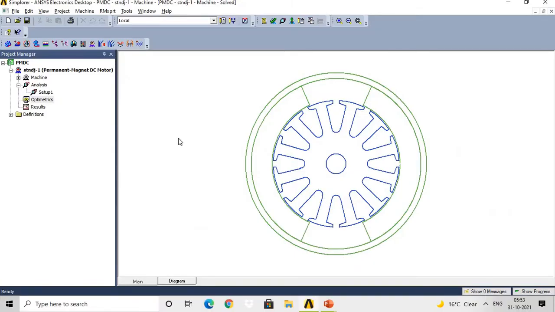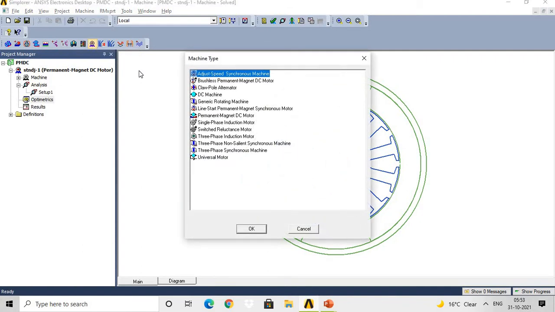So when we open the RMExpert software, at that time we will get this GUI. Here, first of all, as we have discussed the general steps, we need to go through insert RMExpert design. Then you will get the list of different machines which we can simulate by using the ANSYS Maxwell RMExpert tool,